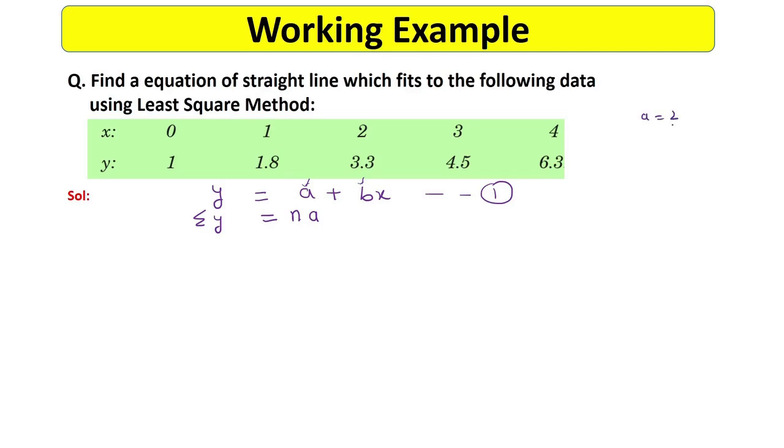Let's say a is 2 and we apply the summation on this 2. Summation means we are adding the values n times, or the number of observations times. Here in this question, how many observations do we have? 1, 2, 3, 4, 5. So 5 data points, and n will be 5. So the summation means we are adding the thing 5 times, or n times. If we are adding this 2, 5 times, that means we are multiplying it by 5. So this is n, this is a. This way we have written n into a plus b into